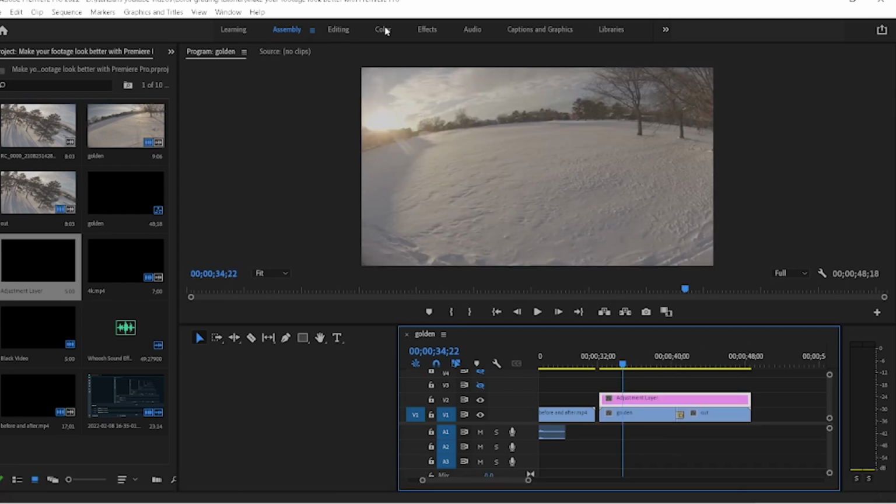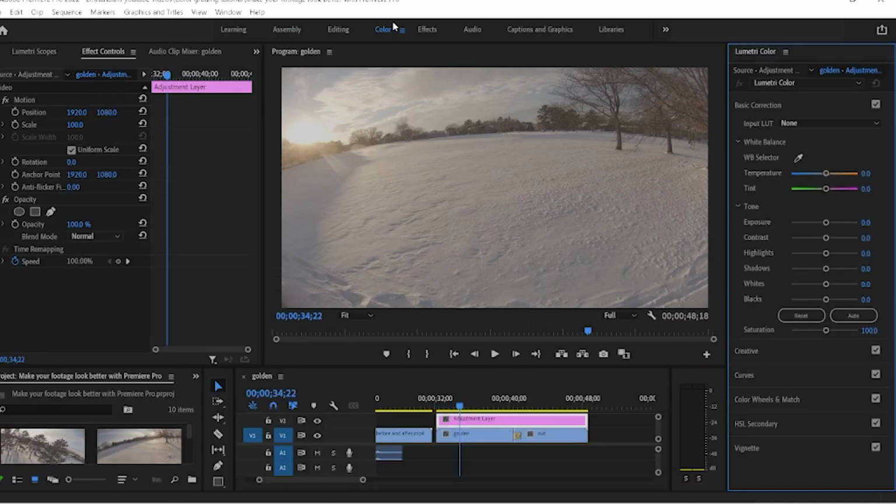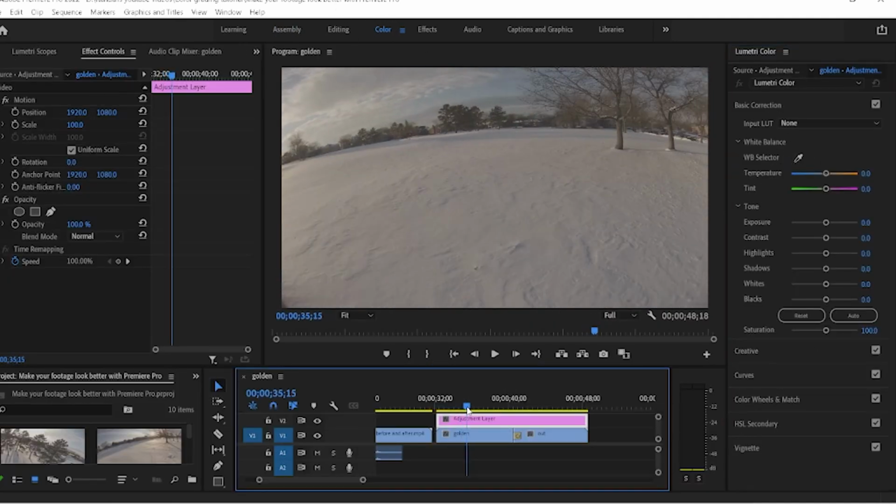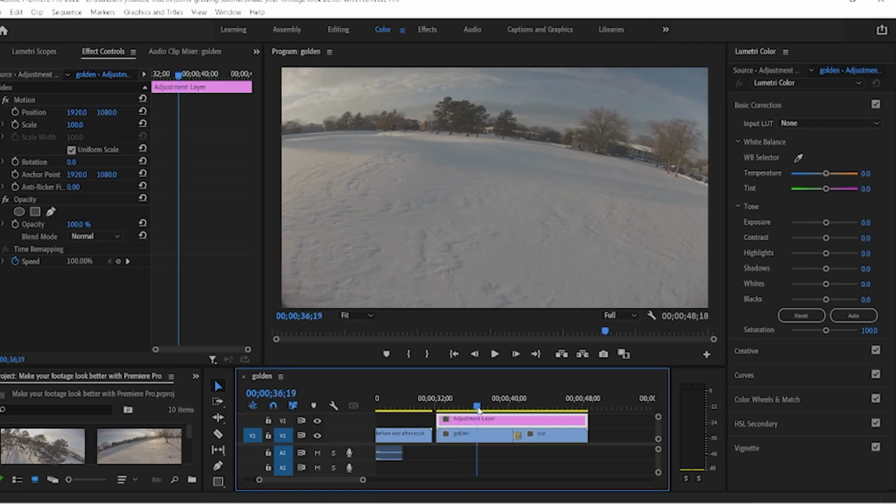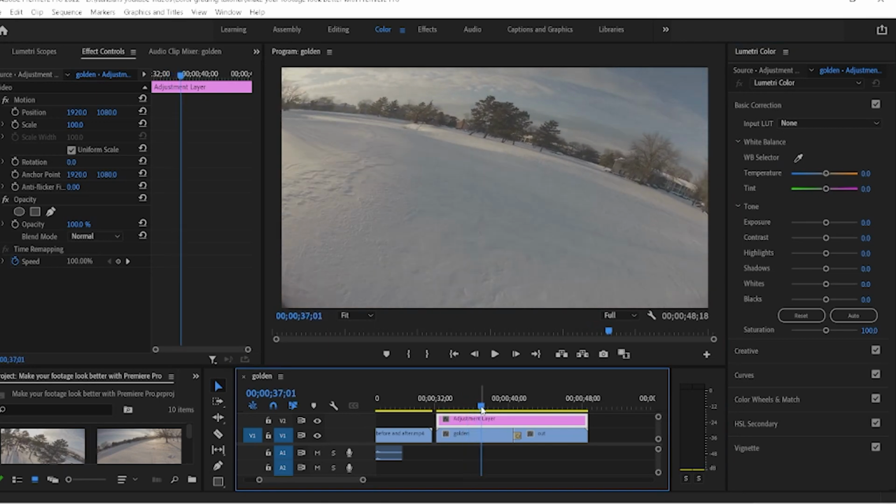And we're going to start off with some color grading. So go over here to color, basic correction. I like to bring it to a spot in the video where you've got the clouds and the sky, so you get all the details that you want to bring out. I'm going to start with exposure.